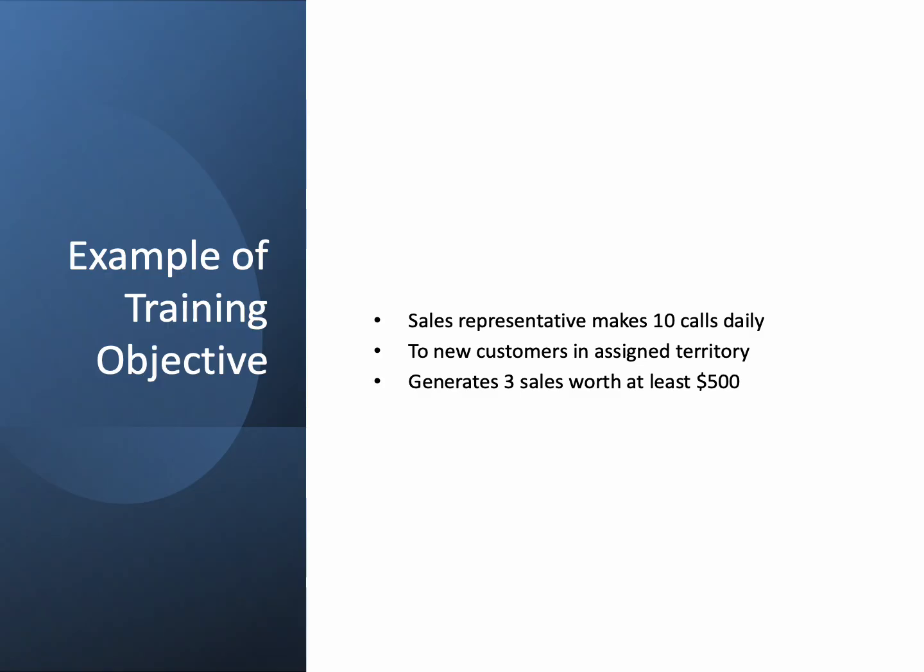The sales representative will make 10 calls daily to new customers in their assigned territory, generating 3 sales worth at least $500. This objective specifies the trainee, sales representative; the behavior, making calls; the conditions, new customers in assigned territory; and the standard, 3 sales worth $500. It provides a clear, measurable goal for training. As we explore this, think about how similar objectives could apply in your industry. Such objectives ensure training is focused and effective, driving performance improvements in fields like retail or finance, where specific outcomes